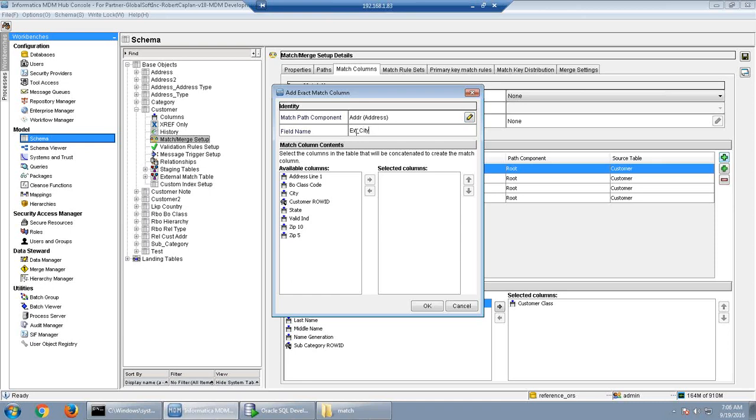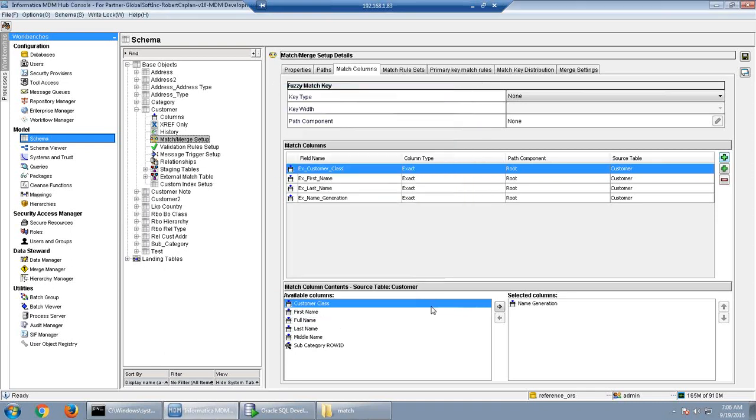So I'll just give the field name here, ex_city, and select the city here. Like this I can select for any base object. Once this is created, you can see the field name is ex_city, meaning we know that this is an exact column that we are using, and the source table name is address.